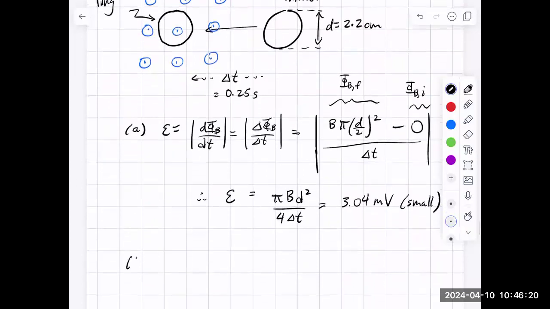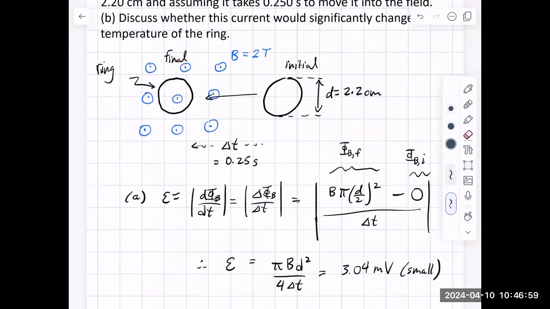Okay, so part B is, let's find the dissipated power if R is the resistance of the ring, and let's see, I want to pick a value. R is 0. Oh, no, okay. That's the next problem. I'll skip that. As the last thing we'll do, let's see if we could figure out the direction of